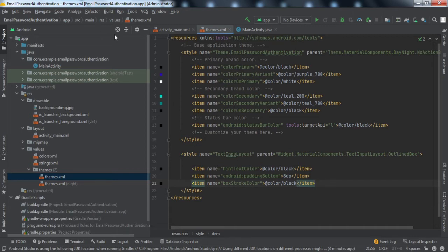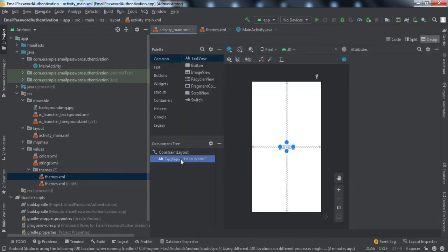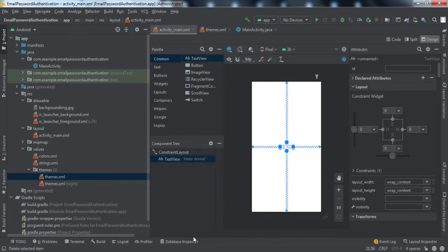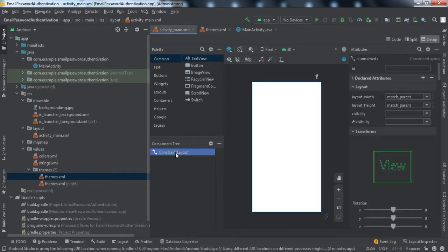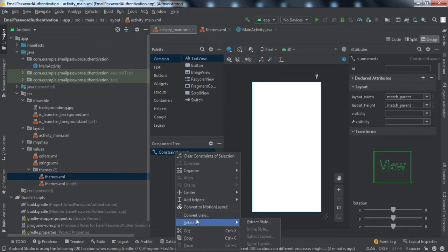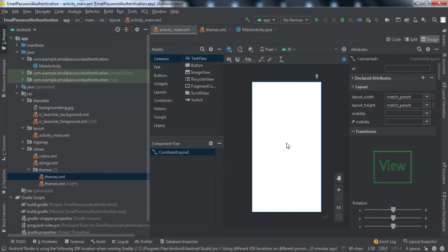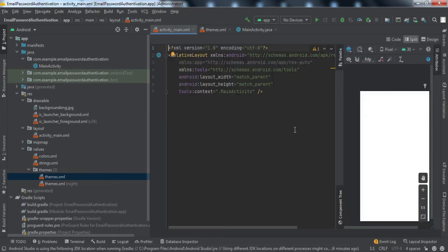Now we'll go to our activity. I'll simply delete this. Now I'll design this, and once I'm done with the design, then I'll explain the code, right?